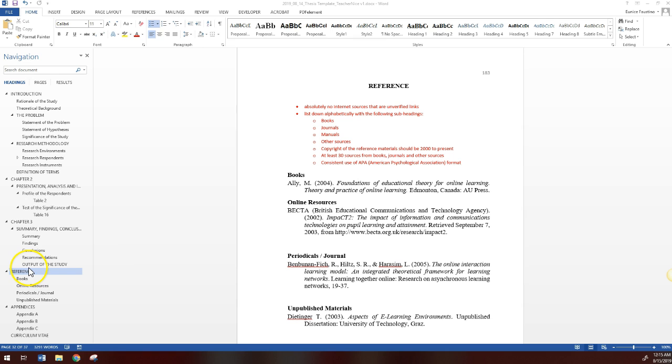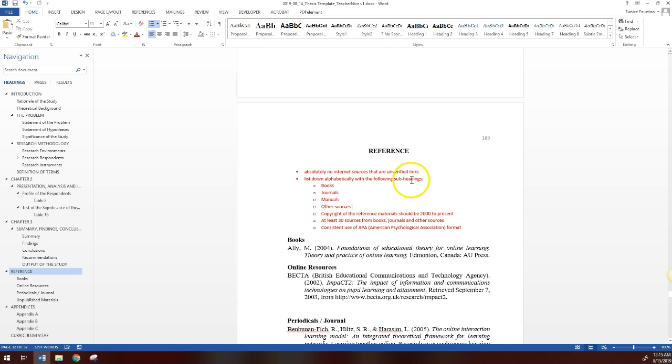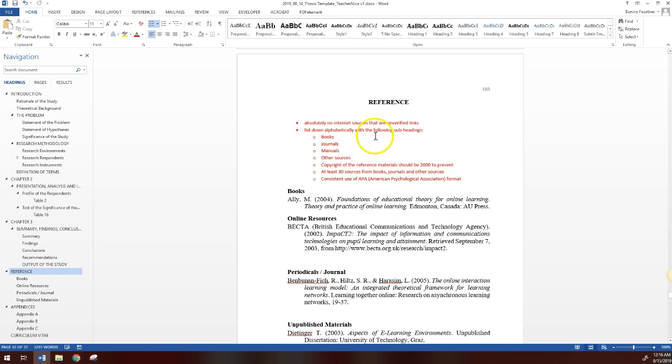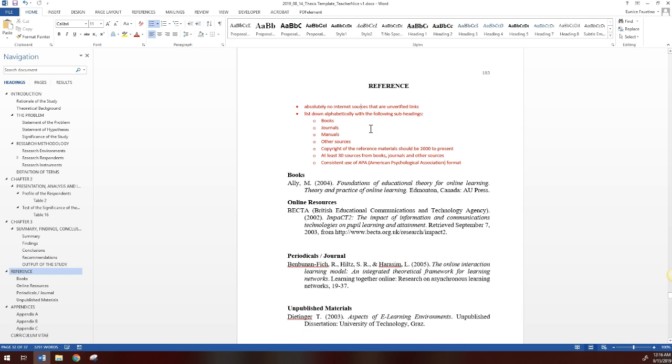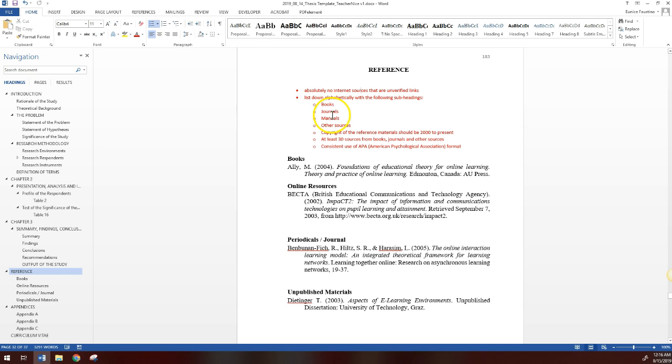So for the reference, again, from the navigation menu, all you need to do is click the reference, then you'll be routed to the reference page. For the reference, you are not to add internet sources that are unverified. If you would like to use internet sources, it should come from published materials and Google Scholar. And you're also going to list down alphabetically the following subheadings: books, journals, manuals, other sources, and then